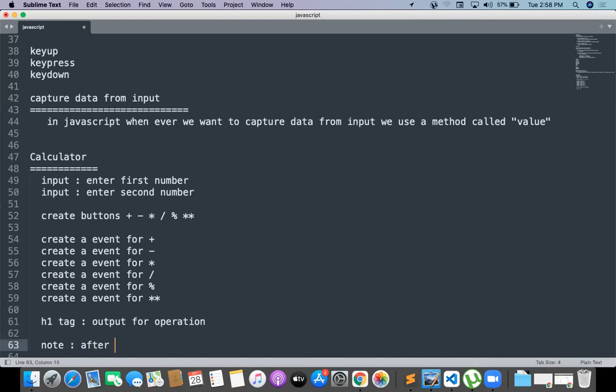After clicking on any operator button, text boxes should be empty.